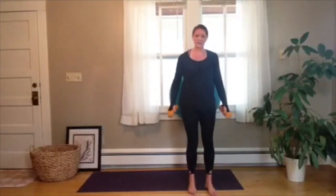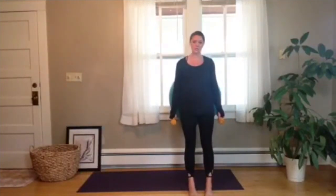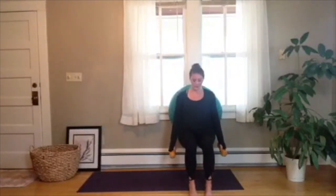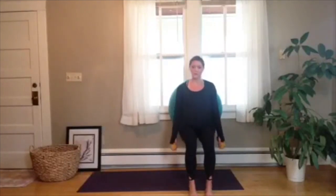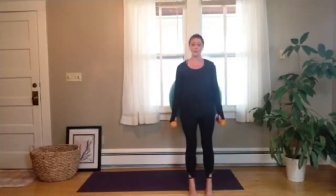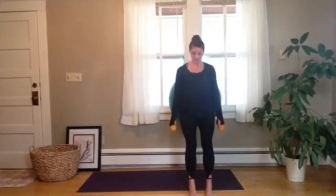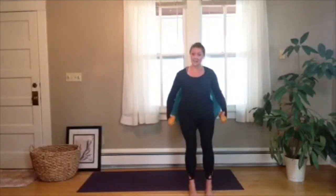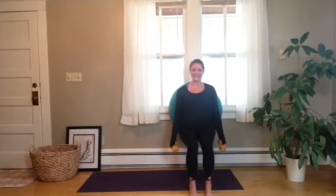Grab your weights if you want. This time, our feet are out in front of us. Again, toes are pointed straight forward, just like the first round. Come down and up. Now continue doing this. You decide how big your range of motion is. Continue doing this, or if you want an even bigger challenge, stay down, hold,